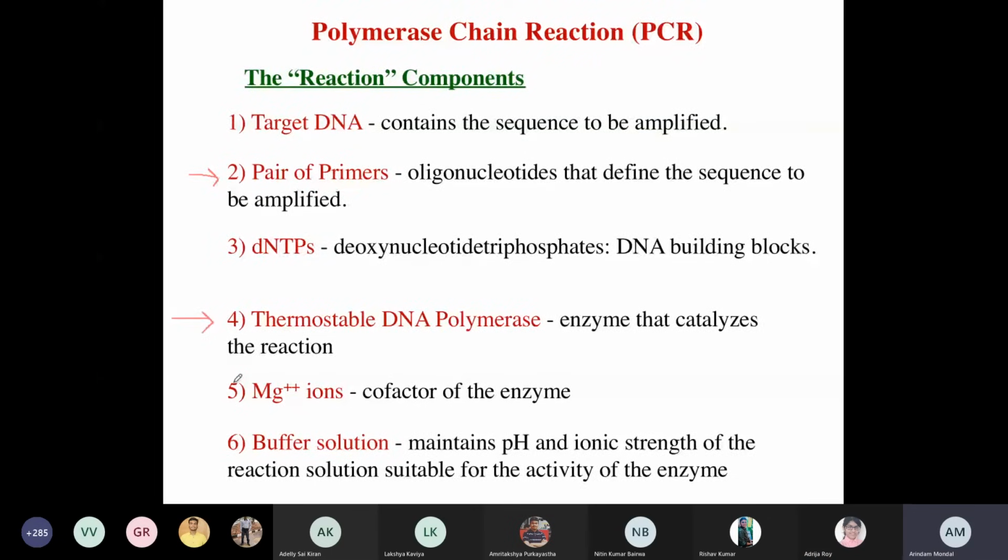But here what I have mentioned is the single enzyme that you'll be using is basically DNA polymerase. You are not going to use any helicase. Then how can you initiate the DNA replication process? Heating to separate the DNA strands. Yes. So you can just heat the template, the target DNA, which is the double-stranded DNA. You just heat it up to separate the two DNA strands from each other. Okay. So that there will be no need of having the helicase.